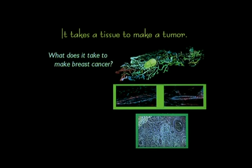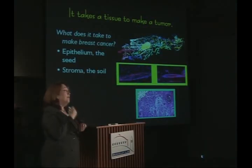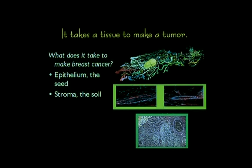So what's required to make a breast cancer? First of all, you need the epithelium. I've already mentioned that in my first cartoon, that target cell is epithelial. It means that when we're talking about breast cancer, we're not talking about fibroblasts, and we're not talking about inflammatory cells. Those are different kinds of tumors. For breast cancer, the target and the seed that begins the whole process is an epithelial cell. However, that seed needs to be placed in the appropriate soil. And that soil is actually the surrounding cells that I mentioned earlier, the stroma, the fibroblasts, even